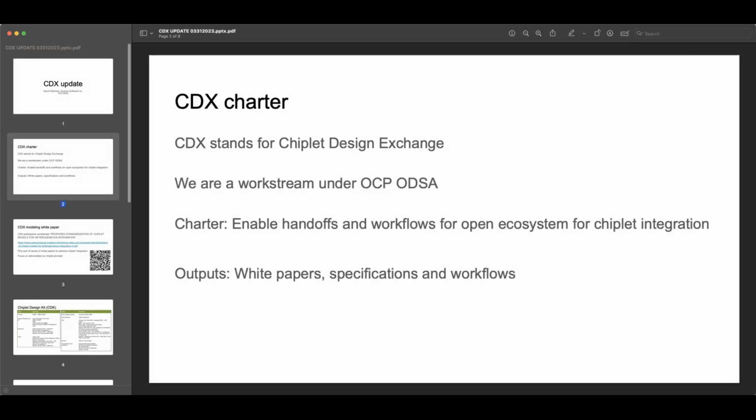With that said, for those of you who are not familiar with CDX, the name stands for Chiplet Design Exchange. We are a workstream under ODSA, and our charter is to enable handoffs and workflows for the open chiplet ecosystem. That includes writing papers, specifications, and workflows, all centered around how we integrate chiplets